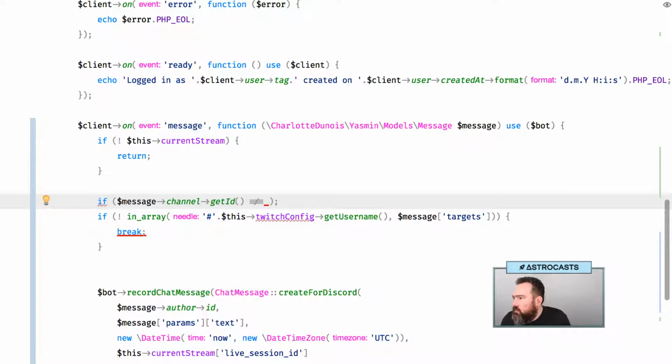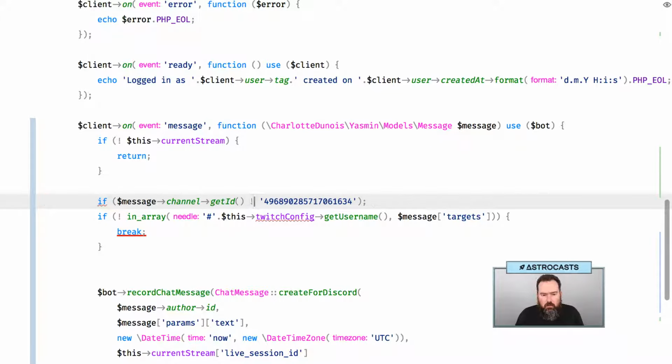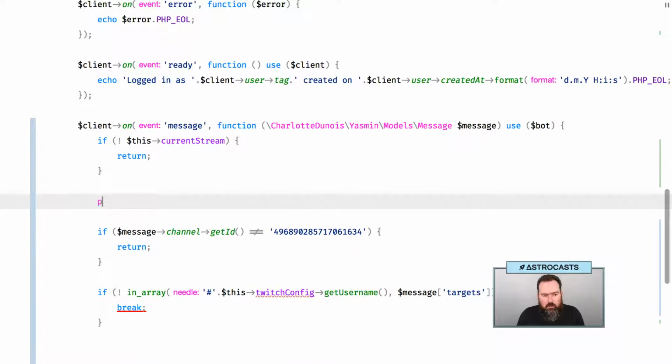What was that? Let's see. Here we go. So the channel ID is not equal to this value, then we should return. So this should be a configuration value eventually, but right now it's not. So return, and just so we know,